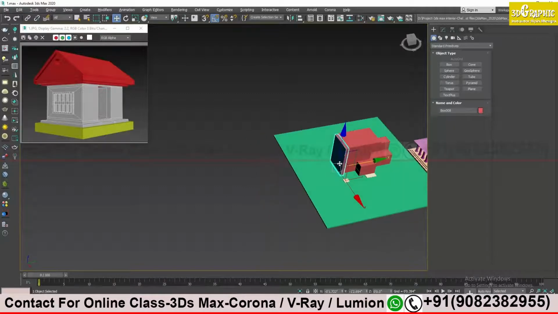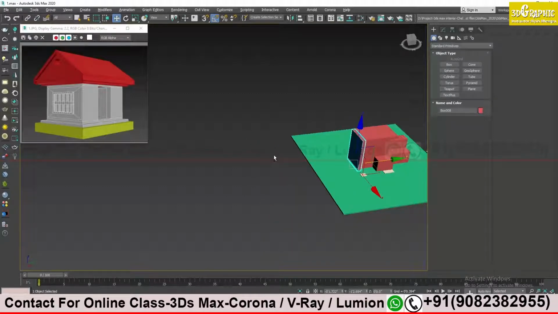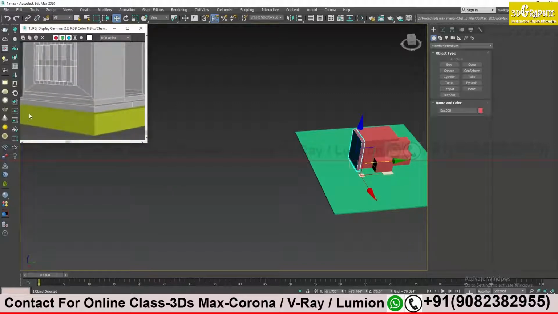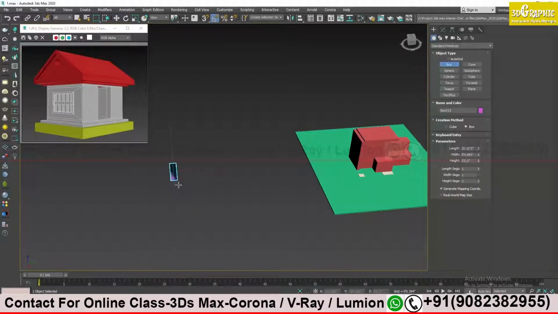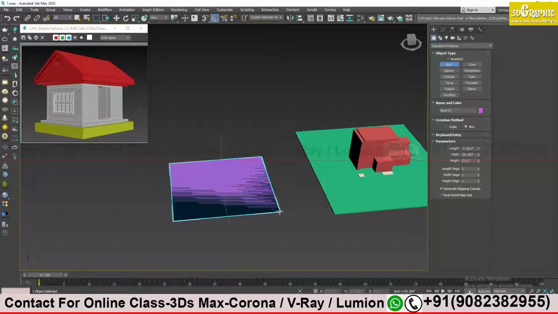Okay, so I will quickly start modeling now. I will go here toward my right, and I will take my basic shape. See here, I will start from the bottom shape. I have a small rectangular box over here. So it's very simple. I have to take a box, and I will create it somewhat like this, and I give the height.